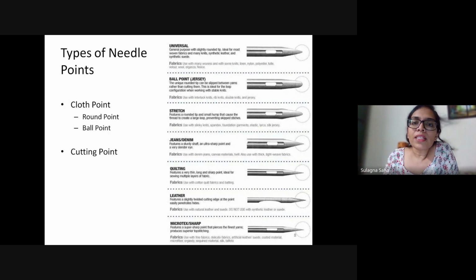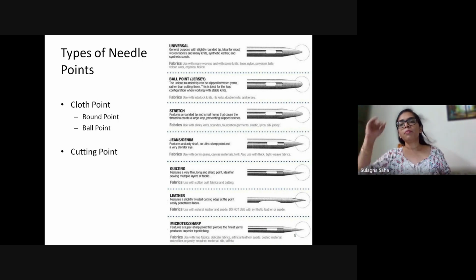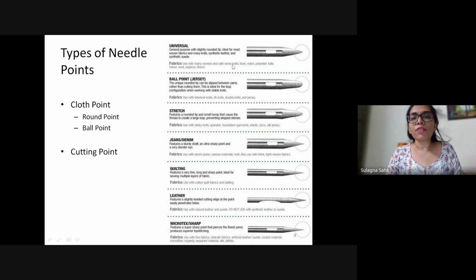The first one basically has a rounded tip, a little more rounded than the ones at the bottom. It is not as sharp as the ones at the bottom. So essentially it works on most of your fabrics, and it pierces through the fabric with some ease.